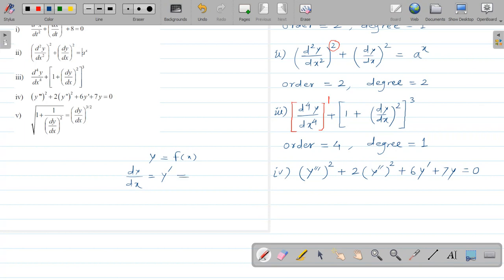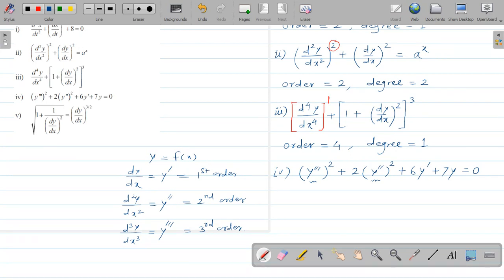This is called as first order derivative. Okay, usually we use dy by dx, but sometimes we will use y dash also. Similarly, second order derivative can be expressed as d square y upon dx square, or it can be also written as y double dash, that is second order derivative. Okay, and if you take another derivative, then it will be d cube y upon dx cube. Usually we use this, but it can be also written as y triple dash, and it is called as third order. So the symbol is just change here.